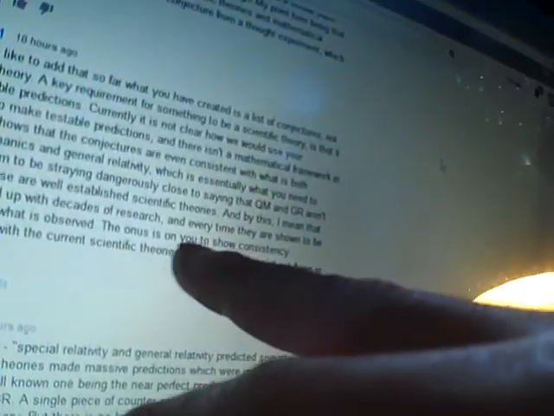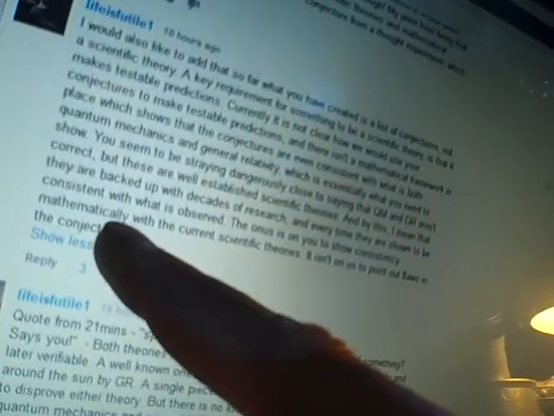Yeah, I think this can be dissected, and I can demonstrate my answer to be more consistent with evidence. The onus is on you to show consistency mathematically. Well, again, I don't have to, because that math has already been written. I don't have to redo Newton, and if I did redo Newton, all I'd do is exactly what Einstein did, which is add gravity. Add the speed of light to gravity,